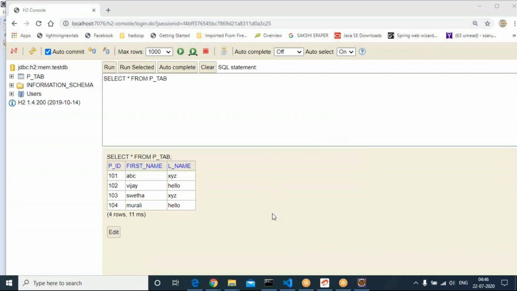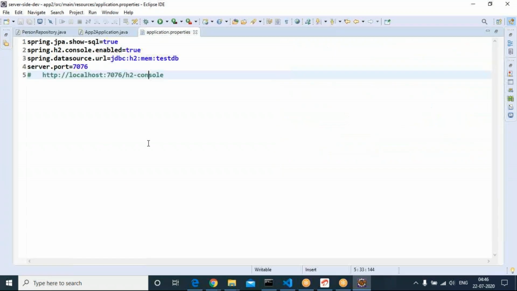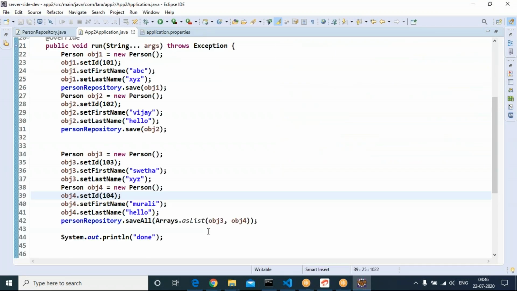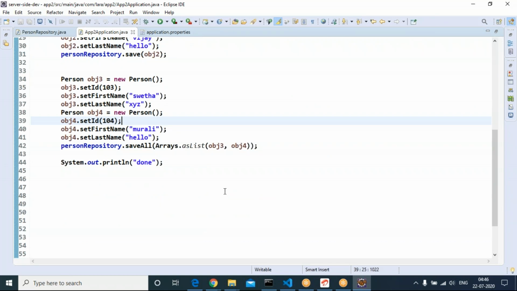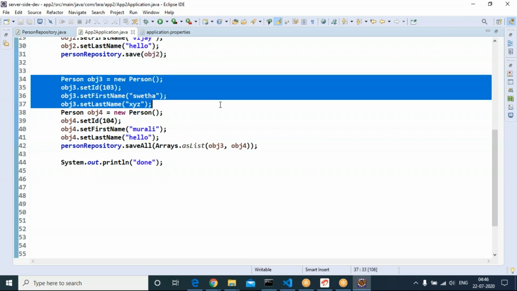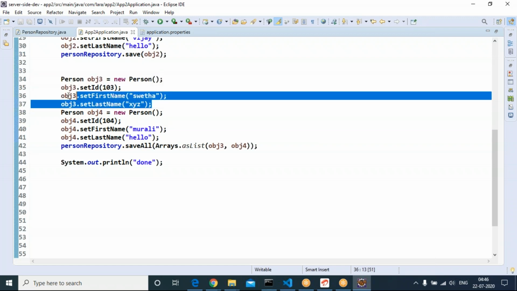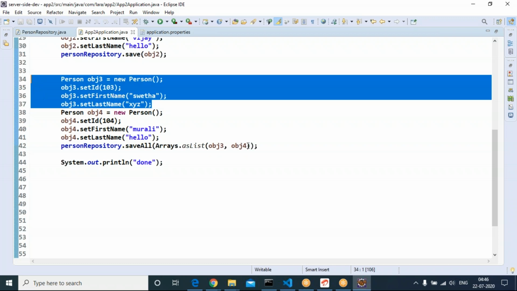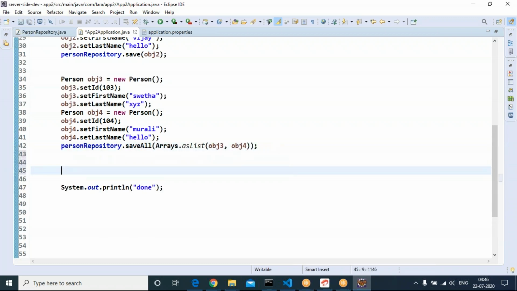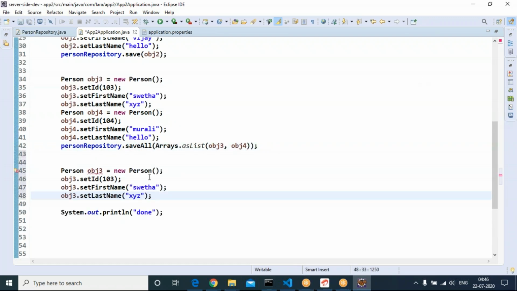You can use save or saveAll. Go back to Eclipse. Go to the application class. Let me go for saving the same object once again. Already obj3 is there.